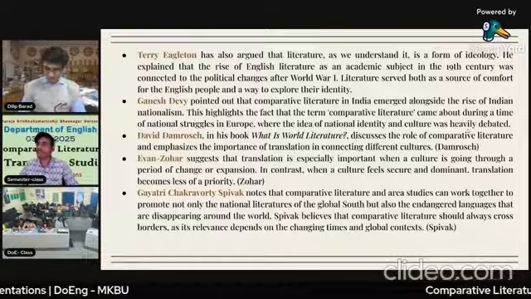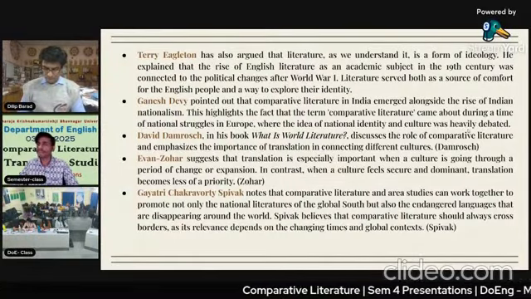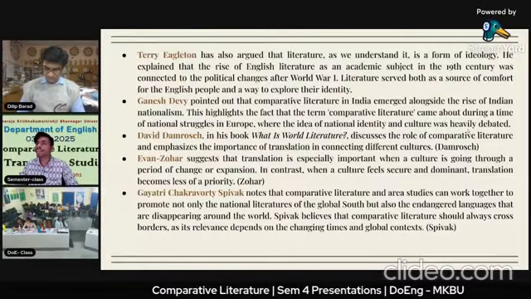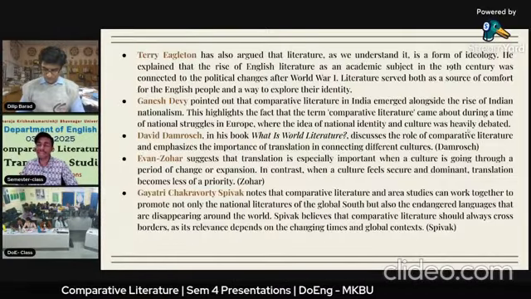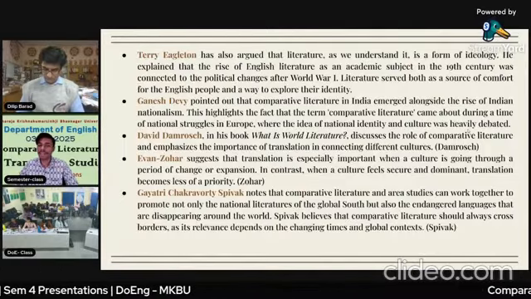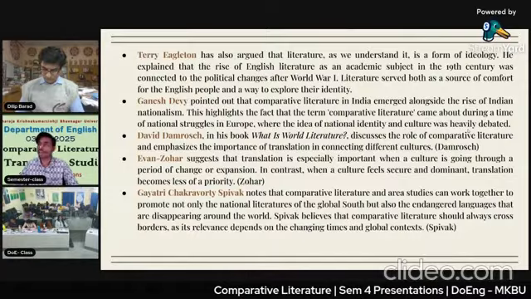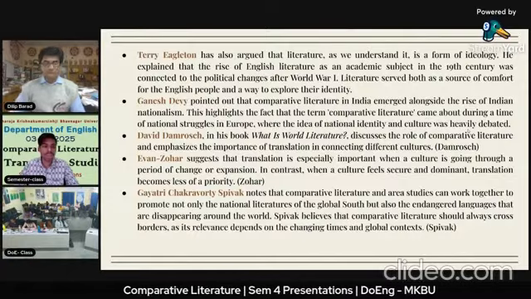So we can see how the struggle was going on in Europe, and in between, comparative literature took a big part in that, where the idea of national identity and culture was heavily debated. So both of these things were debated in Europe.